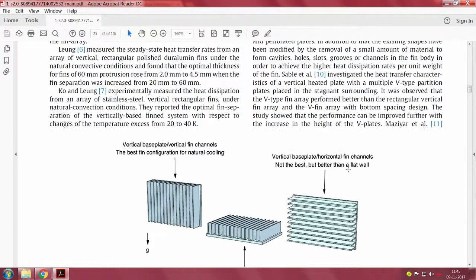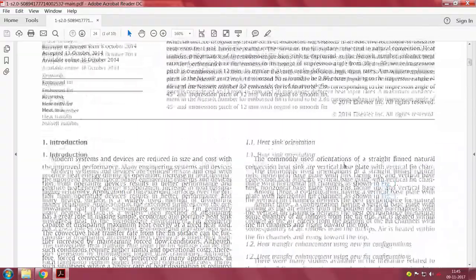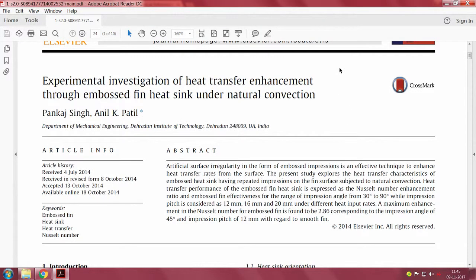The equivalent of it in the academic field are all the published articles. In both cases, the most important thing is we acknowledge the source. So, allow me to start with one of the things shown here. This is a large paper on investigation of heat transfer through embossed fin and so on. There is an abstract, a reasonable thing.